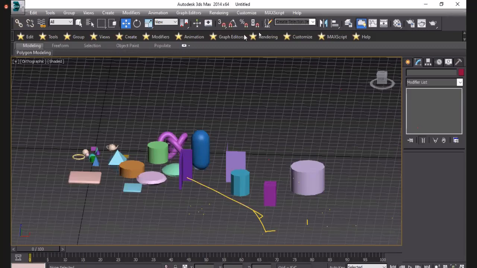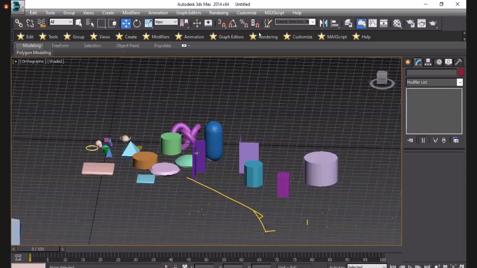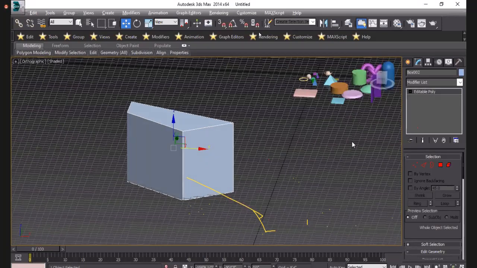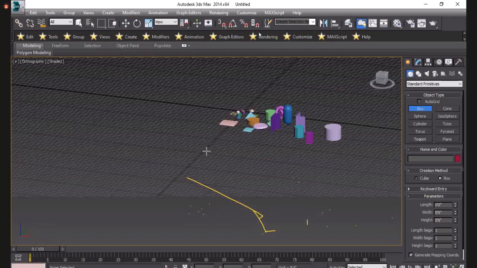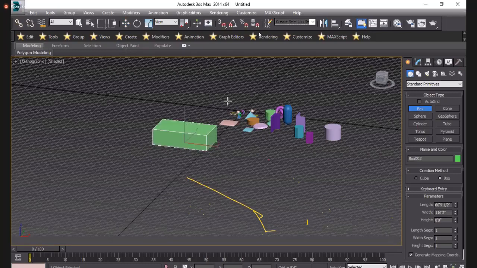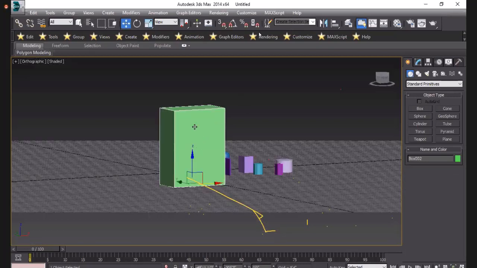And I will show you how to change the unit first of all, and then go on with this editable poly. So if you want to draw some object, just go with that, and I will delete it for now. I will create one object and I will make it your cupboard. See carefully here.